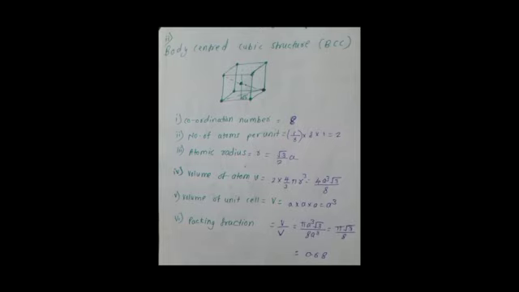The next point is body centered cubic structure. A BCC lattice can be considered to contain two identical simple lattices. One consists of the 8 corner atoms and the other consists of only the center atom in the cube. In other words, unit cell of BCC is a cube in which one atom is at each corner and one atom in the center of the cube. Now, since a corner atom is shared among 8 cells which touch there and the central atom is totally owned by the unit cell, there are 1 upon 8 into 8 plus 1 is equal to 2 atoms associated with this cell. The cell is therefore a non-primitive one.